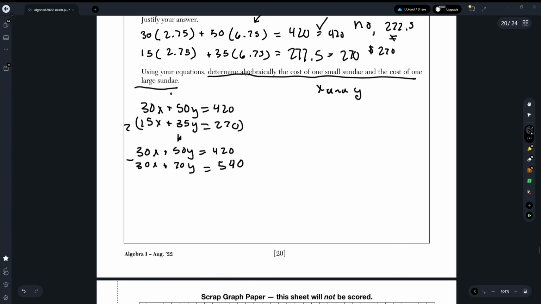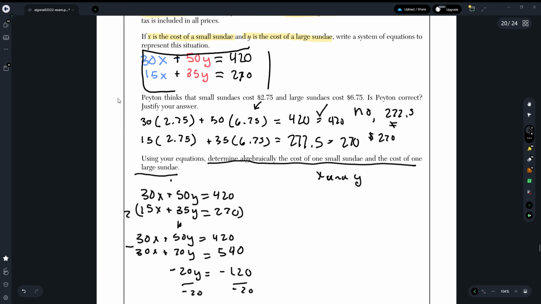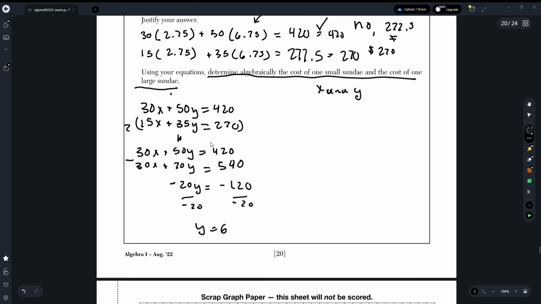Next, I could subtract these two sides from each other. I could get negative 20y is equal to 420 minus 540. So negative 20y is equal to negative $120. I could just divide both sides by negative 20. I get y is equal to 6. So actually, Peyton, you were 75 cents off, but one large sundae is equal to